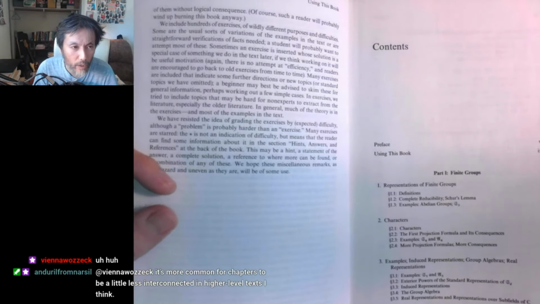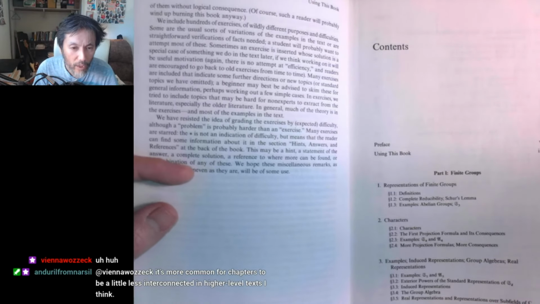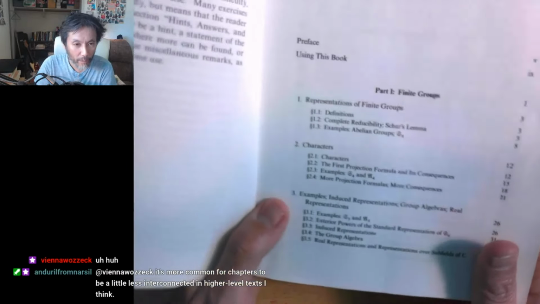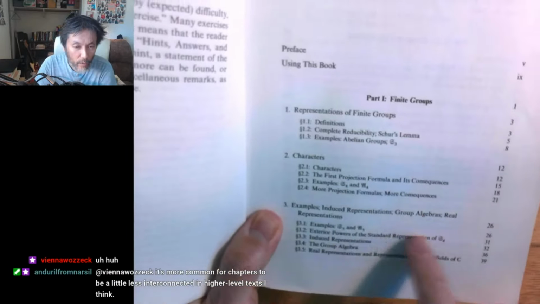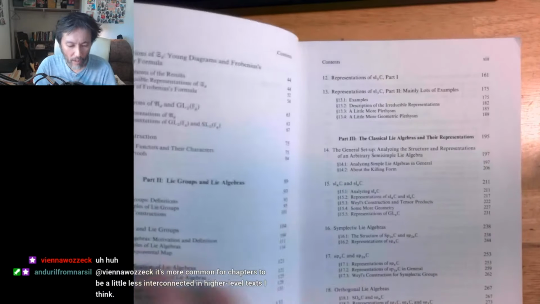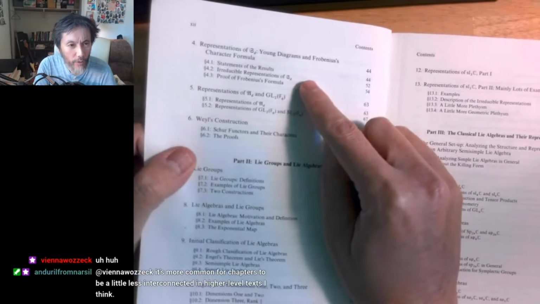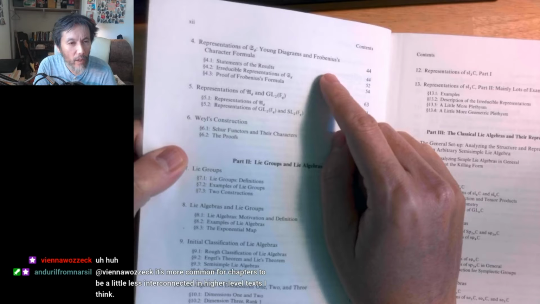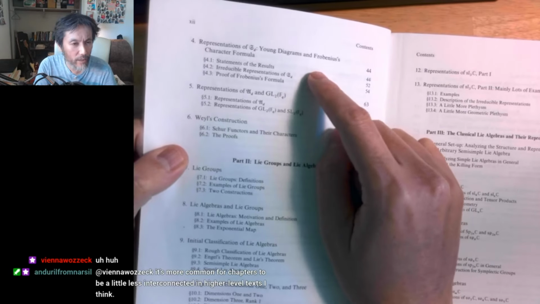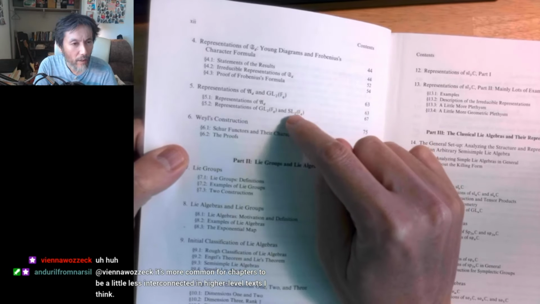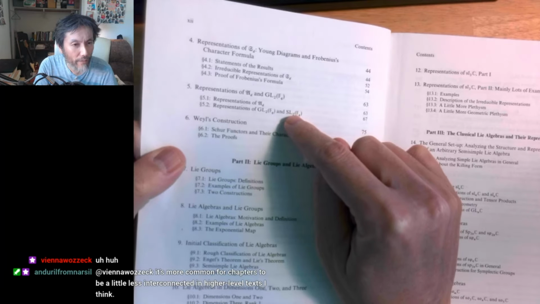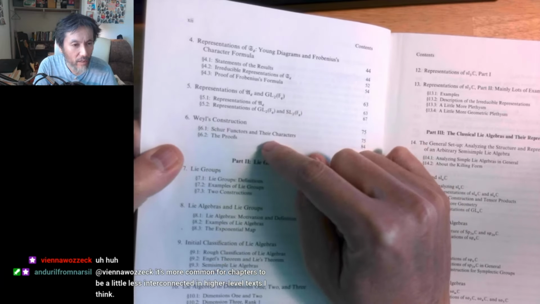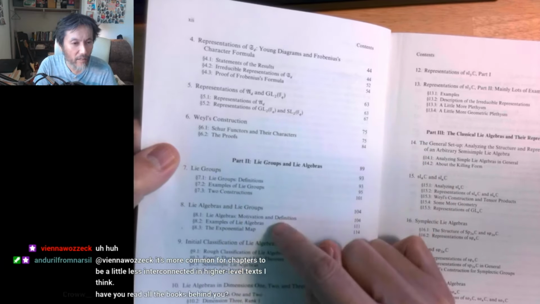When I used this book extensively, I read chapters 1, 2, and 3. I think I did 4 for a class. I don't remember anything about 5 or 6. 7 and 8 and 9